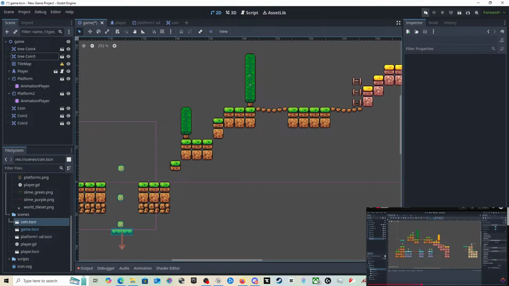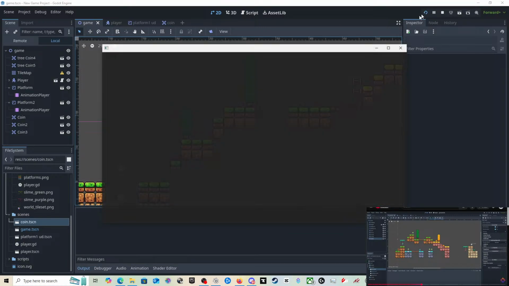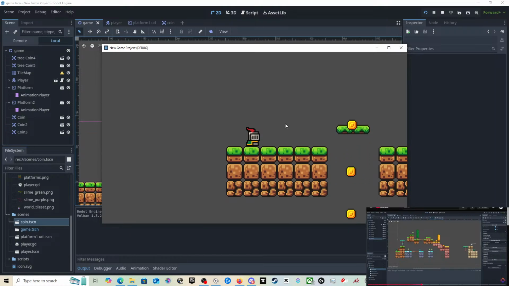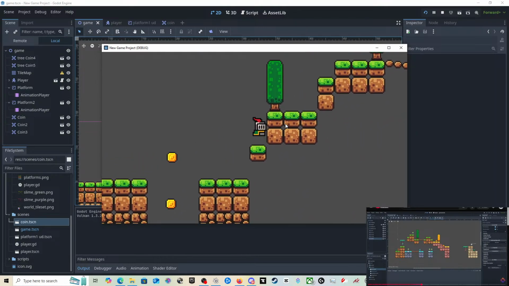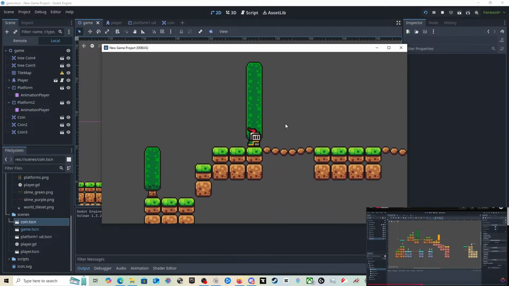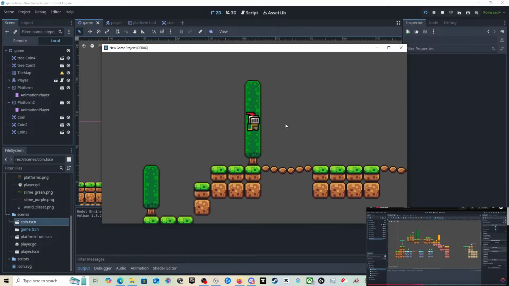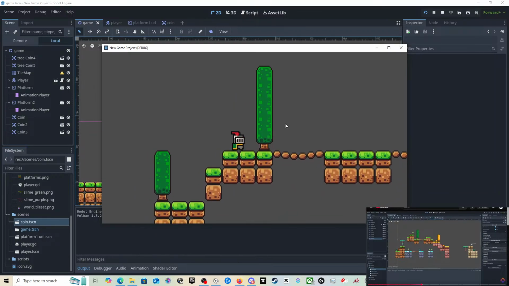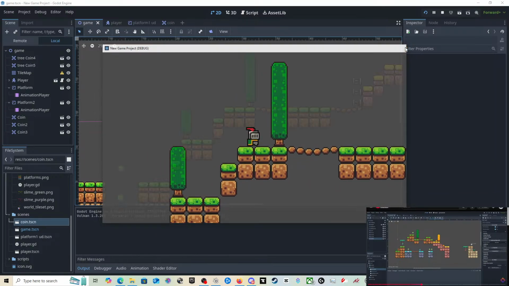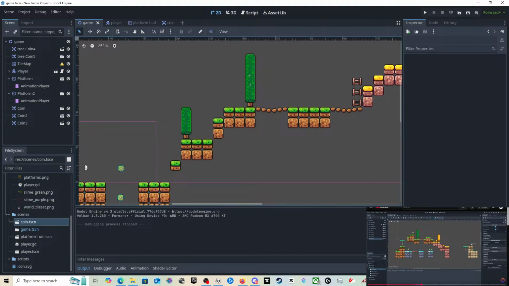Let's play. Let's see. We're not going to be able to pick up the coins or anything like that. I know that. What I'm looking for is how tall the character is compared to the coin. Right, so they're not even going to know they're there. So they could be hidden coins. Cool. That's fine. We'll do that.